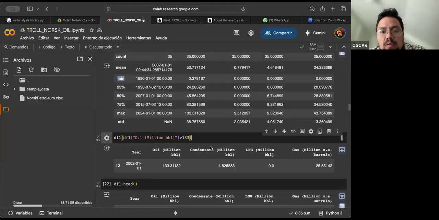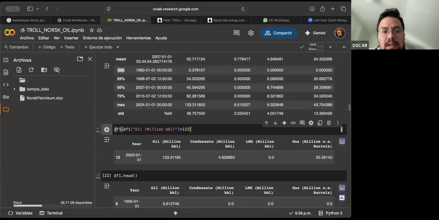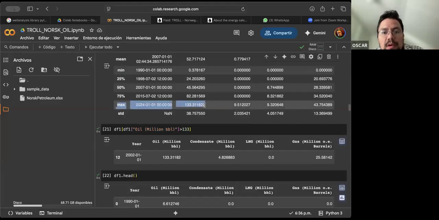So we can also slice with a condition. We just type the name of the data frame 1. We open double brackets, and inside the double brackets, I choose the column that I want to work with. It has to match uppercase and lowercase exactly, the same string that is the name of the column that we're going to work with. And I am using the symbol greater than 133. If you check, the only value that is greater than 133 is nearby the maximum value. So I am choosing